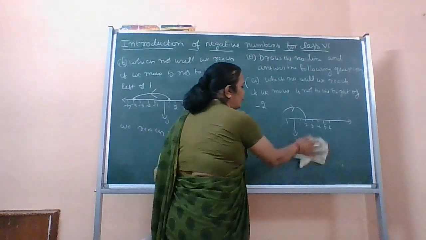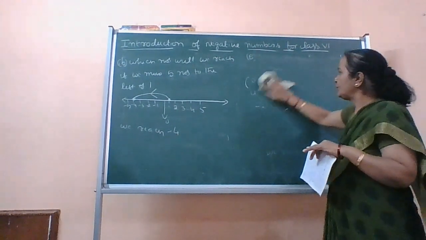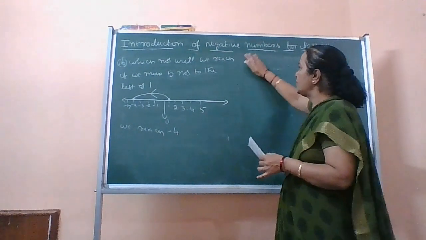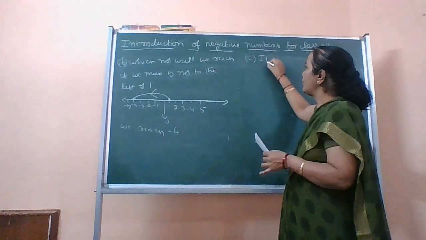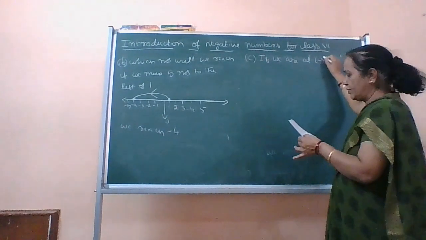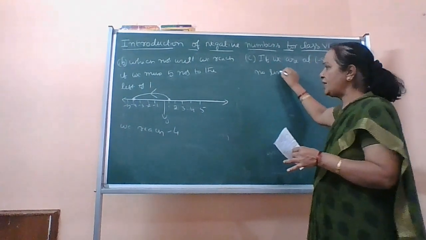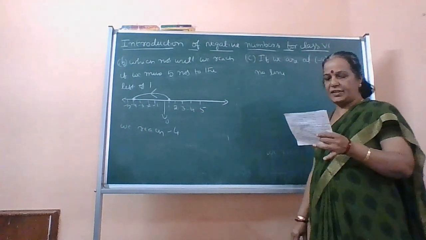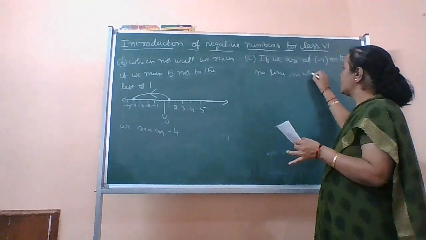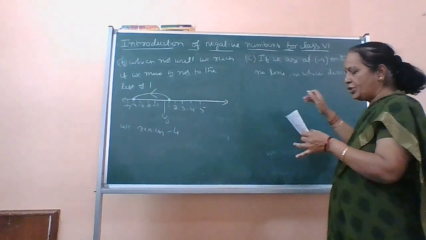And one more question from the textbook. If we are at -8 on the number line, that means we had to write the numbers till -8 in this number line. In which direction do we move to reach